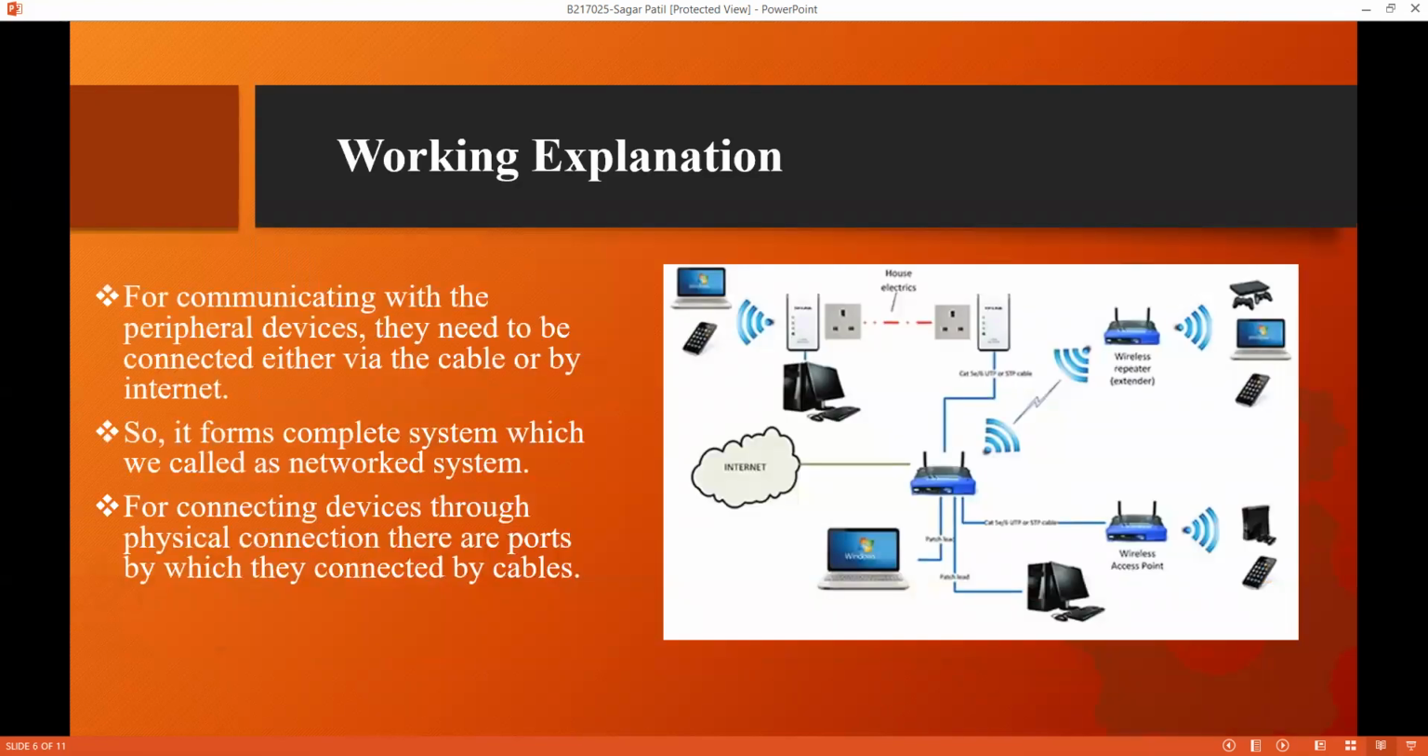Now we understand the working of the networking system in detail. For communicating with the peripheral devices, they need to be connected either via cable or by internet, as we discussed. Firstly, the house electrics, as we see, we plug in the charger so our devices get charged. Along with that, there are the routers or the modems, which are also plugged in. They need a power connection to work, and they have data plans to provide the internet connection to